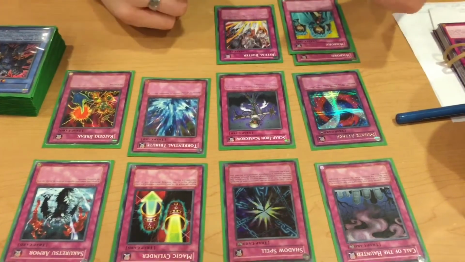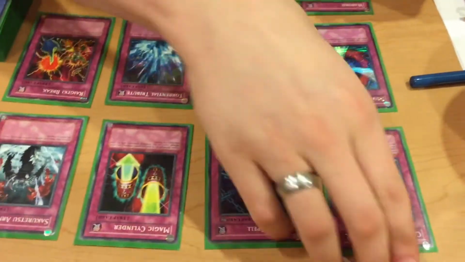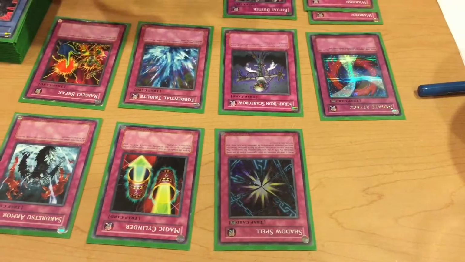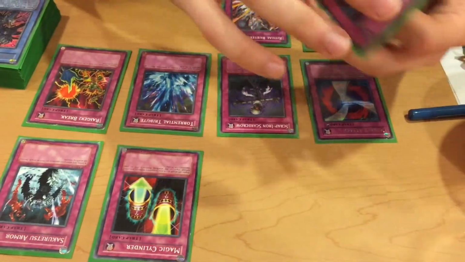I know nowadays people run very few traps. But I love traps, so I feel like they're very useful. We all love traps. They're great. So, Call of the Haunted, classic. Way to bring back any ritual monster. Gotta keep it. Shadow Spell I like because it paralyzes and it lowers the attack, so sometimes you really need